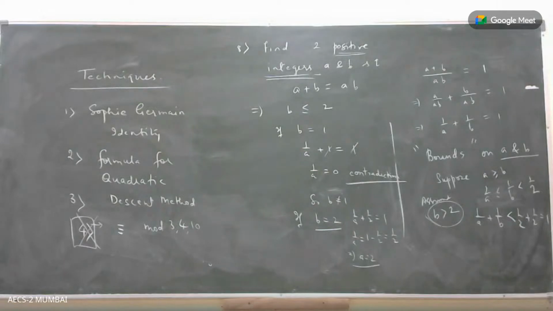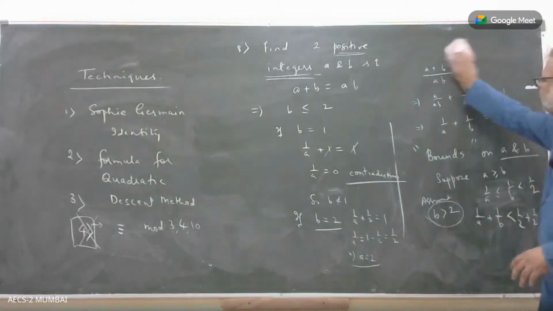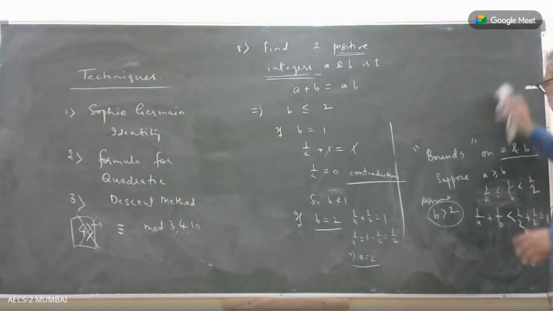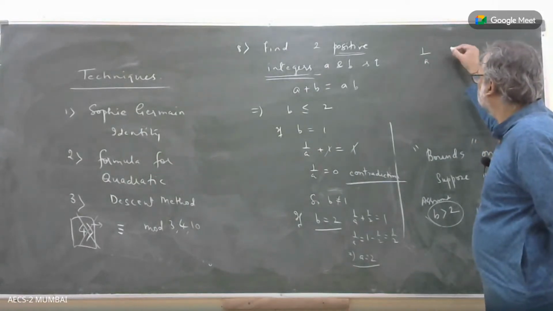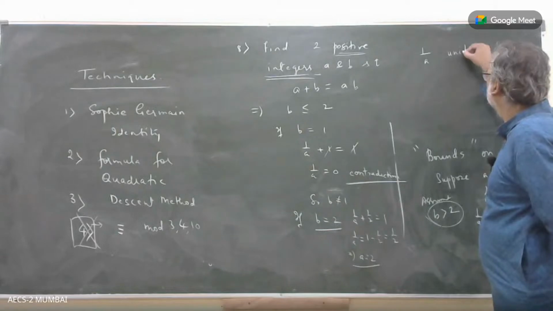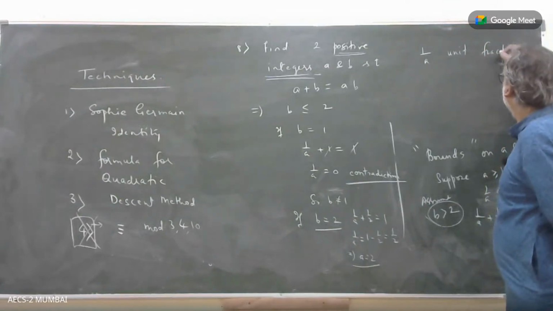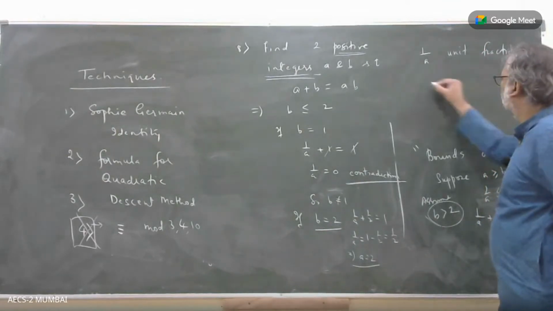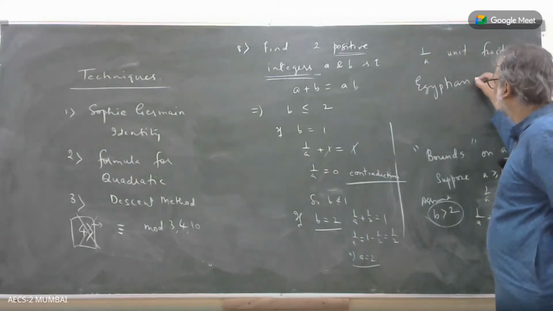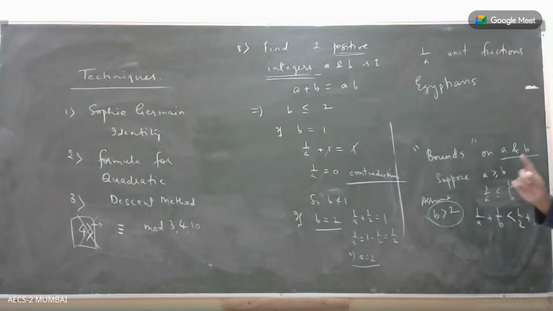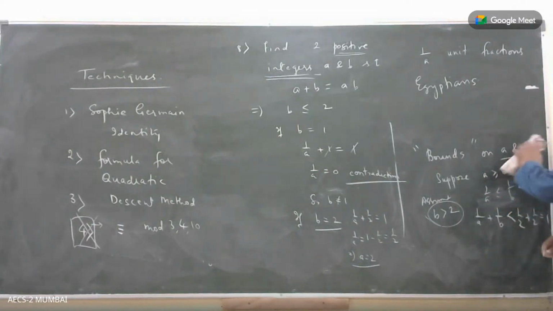In fact, such fractions are called unit fractions. 1 by A type fractions are called unit fractions. And there is a lot of history, when Egyptians used to write every fraction in terms of unit fractions. So let's say for example,